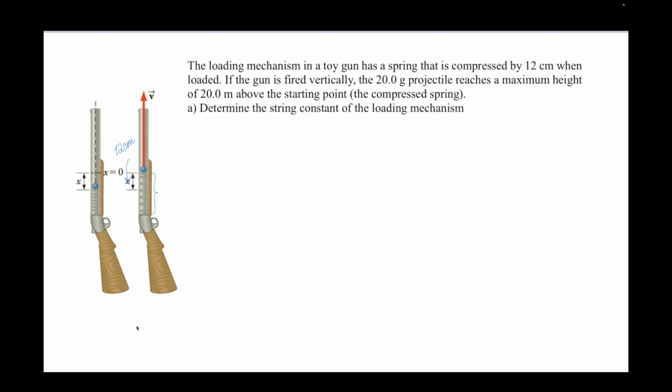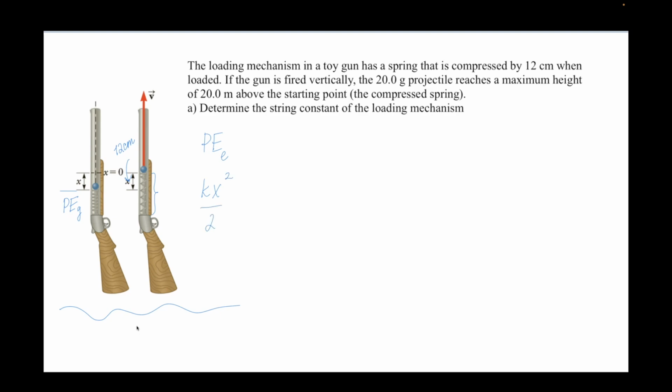what happened is, we started with potential energy elastic. I assign this potential energy gravitational to be 0. So I don't care about where the floor is. I'm not trying to figure out what potential energy gravitational is at the moment when the gun is loaded. I'm just going to say potential energy is 0. At the very beginning, we only have potential energy elastic, which, remember, the formula is kx squared over 2, where